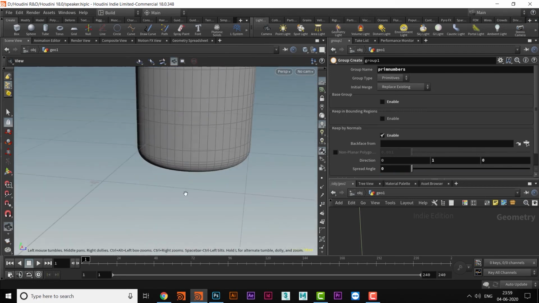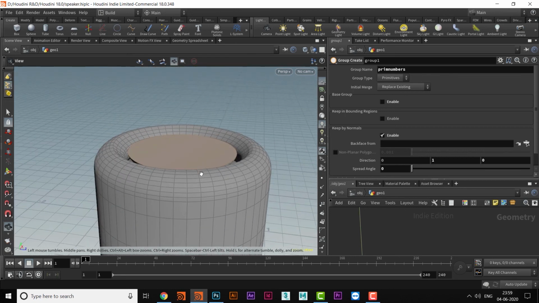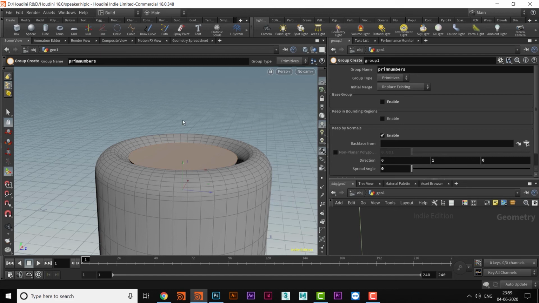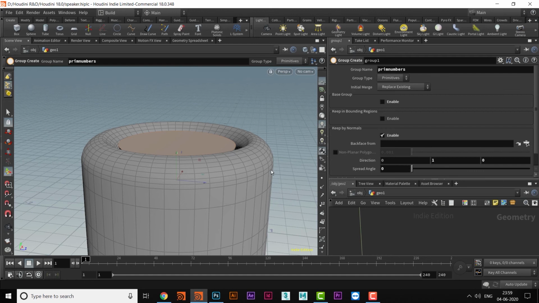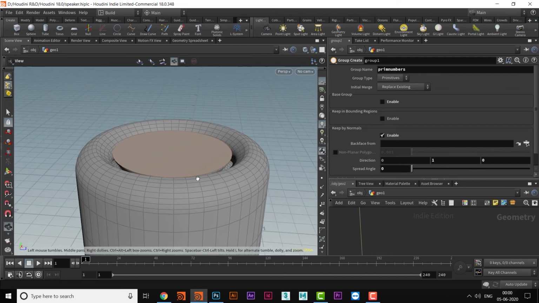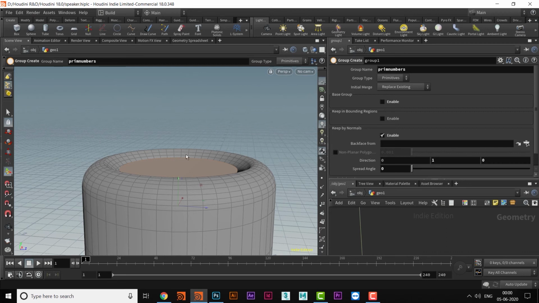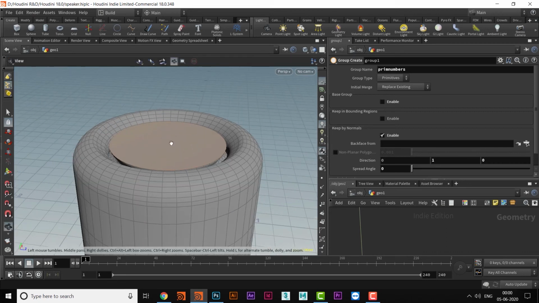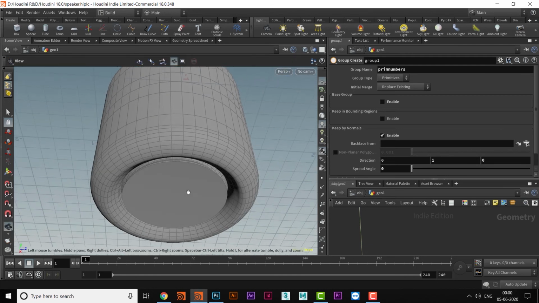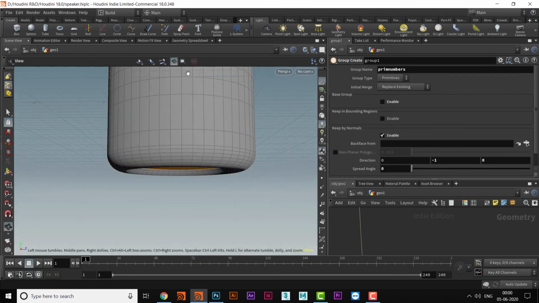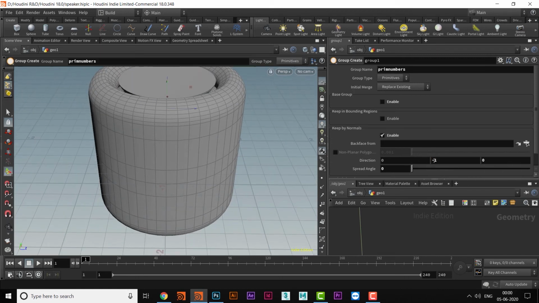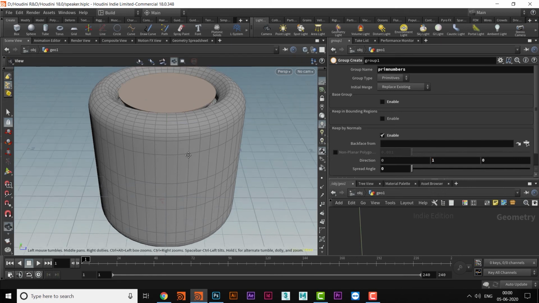As soon as we set it to zero, that will only take the primitives which are creating an angle of 0 degree. Okay, that is a spread angle of 0 degree, and that normal direction is this one. So if I make this, maybe that is 0 degree, and this is not selected. Why is this not selected? Because that is the opposite side of y. So if I make this -1, then this will be selected and this will not be selected. Okay, so let's keep it 1, and this one is selected.